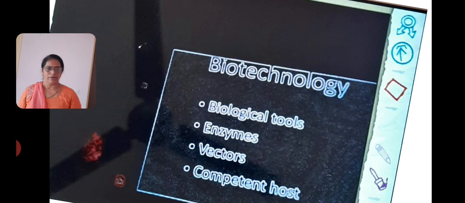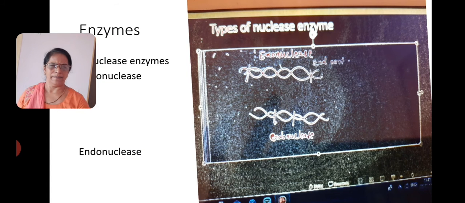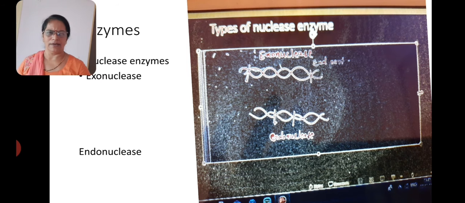So today we are going firstly towards the endonuclease enzyme, the types of enzymes. This enzyme is necessary to cut the DNA. Especially the nuclease enzyme is very essential to cut the DNA. And this endonuclease enzyme cuts the DNA, and that's why it is also called the biological scissor, molecular scissor, or genetic scalpel, because it cuts the DNA.